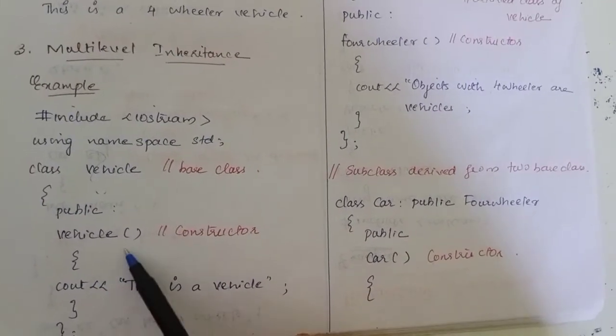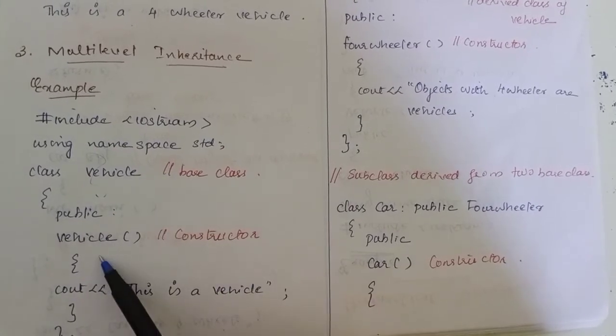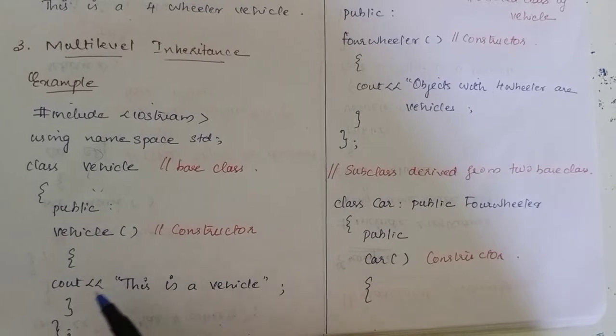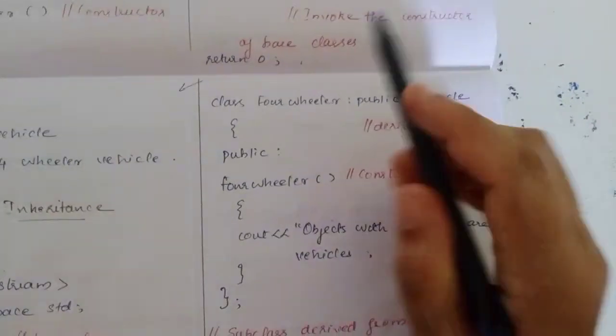Then inside that I created a constructor with the same name as this class, vehicle. Then this is a vehicle. So this is a cout statement inside this constructor. So this class is over. The next one